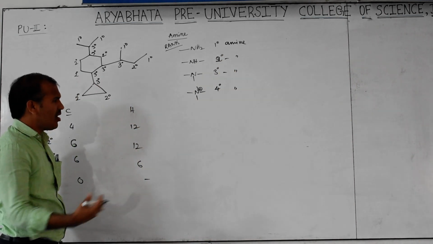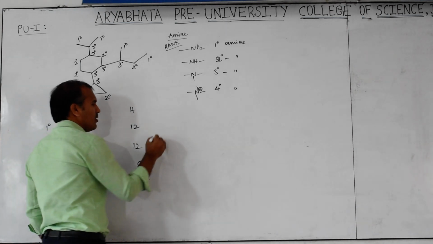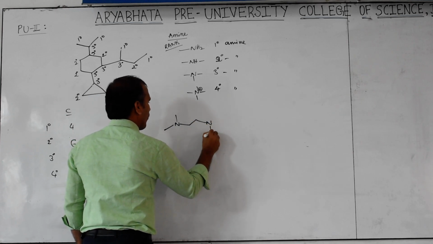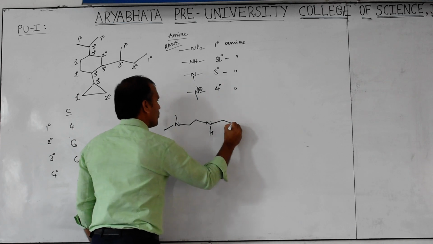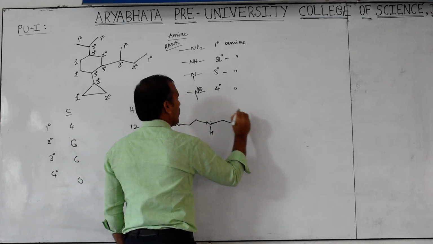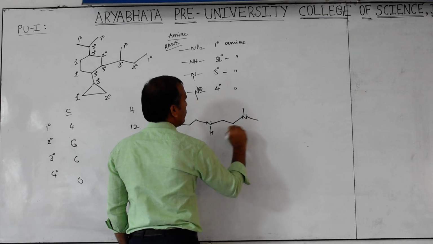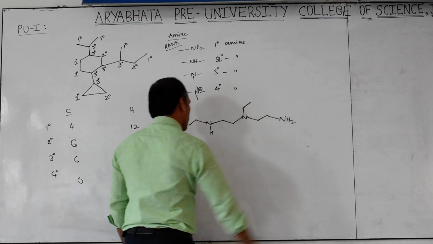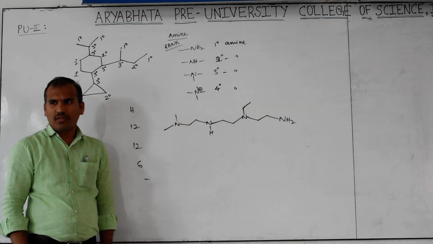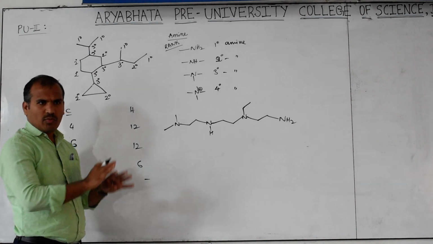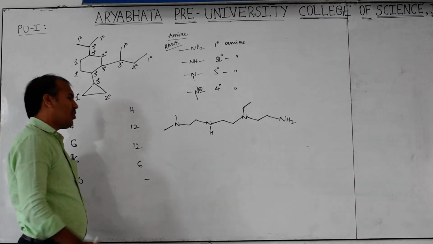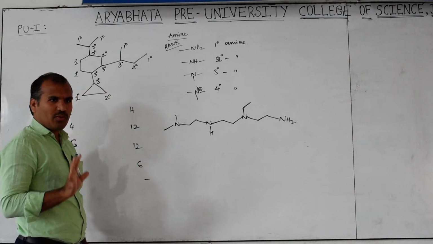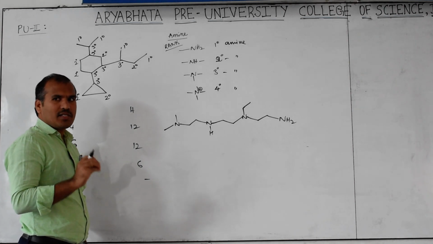Primary amine, secondary amine, tertiary amine, quaternary amine. Is this clear? Now I will give you a few examples and you have to find out. Like this is given in bond line notation. The total molecular notation is bond line notation. Now you have to find out the primary, secondary, tertiary amine, not carbon. I am not asking about any carbon. The only question is to find out the primary, secondary, tertiary amine.